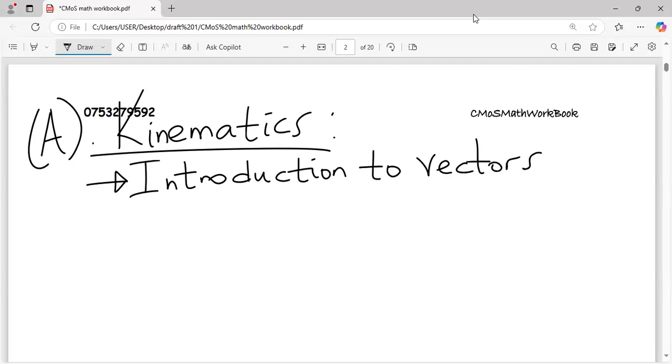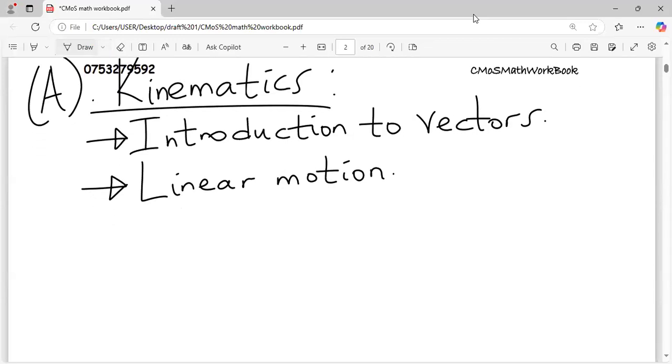Have introduction to vectors, have linear motion, or what people call motion in a straight line, have motion under gravity,